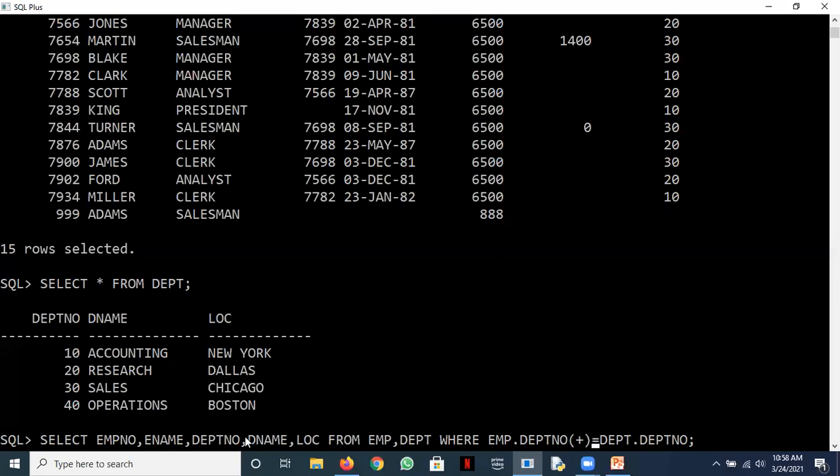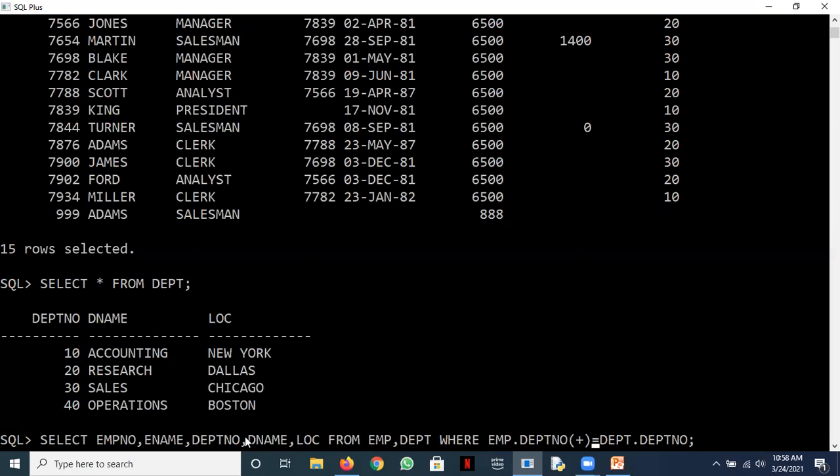This is important, joins, you see. We have discussed it so many times. It's not that difficult for you. This is an outer join because we are using a plus symbol here. It can be used either on the left of the equal to or on the right of the equal to. Wherever the plus is used, from that side the non-matching rows do not come.